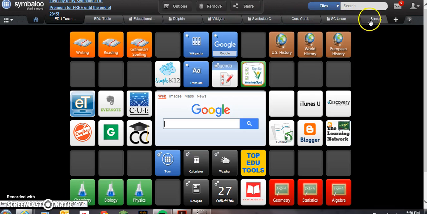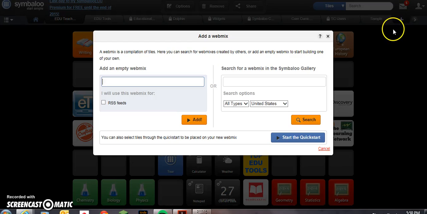So for you to create your own web mix, you find the plus sign here and choose that, and you get to add your own web mix. So at this point, you just have to decide what you want to name your web mix. You could name it anything that helps your students or parents or staff members for whatever reason that you're creating the Symbaloo. Just a nice simple way to name it so your audience knows where to find it and what it's used for. So for mine, I might name it Professional Development,